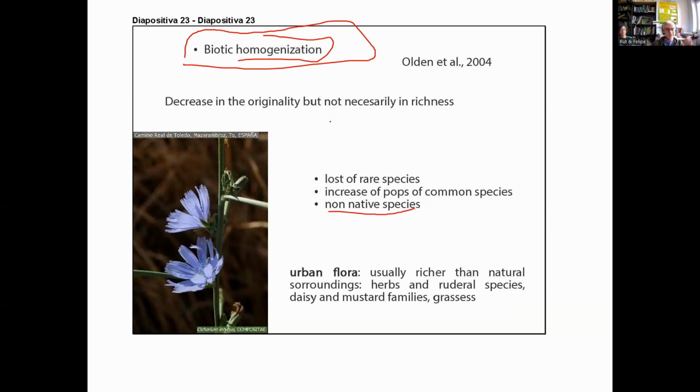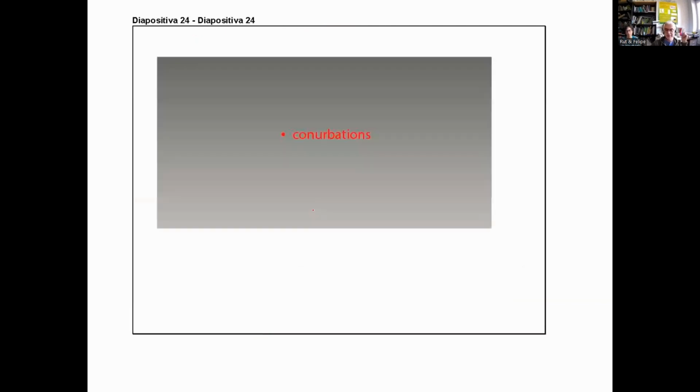When you go to the city center, you see the same shops everywhere, like Starbucks coffee in Madrid, Barcelona, in London, whatever. So this is also happening in plants, and what is important to say here is that this type of homogenization makes the flora richer, not poorer, because there are usually not many plants going extinct in this homogenization. Talking about plants, it's important to know. And I would like to finish this introduction